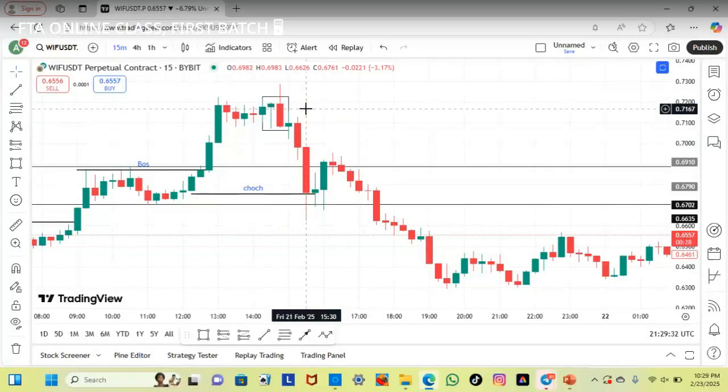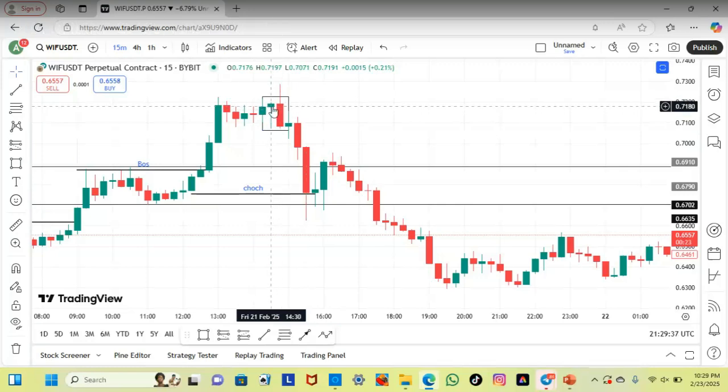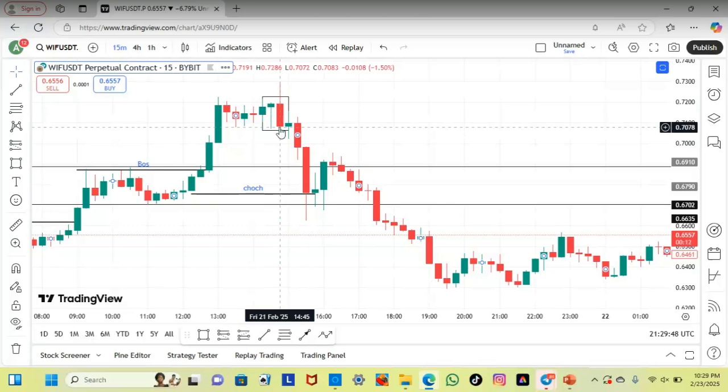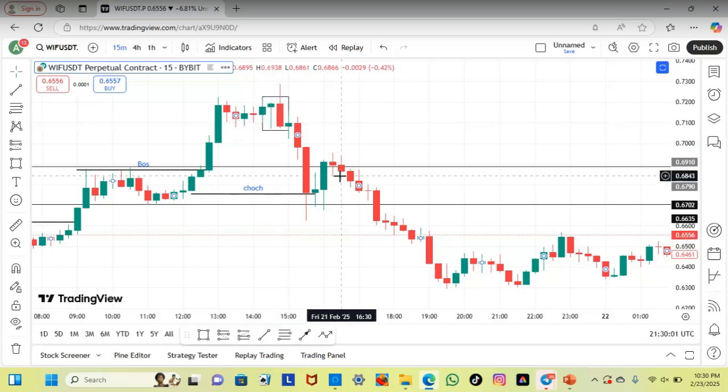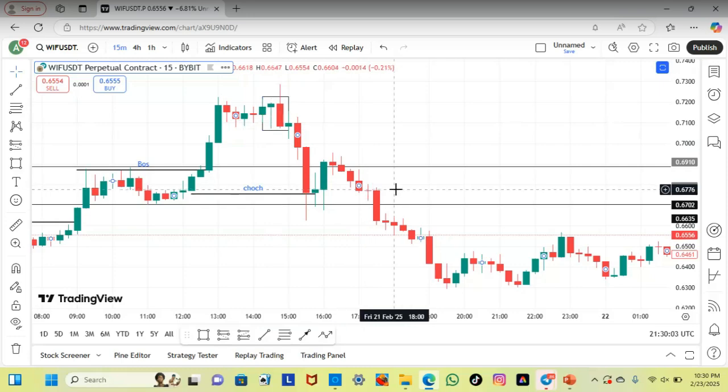You can see on the right angle that this is a what? A bearish candle. Then the bullish candle opened at the close of what? The bearish candle and closed below the bearish candle, indicating a what? A bearish engulfing candle. You can see that this bear candle is engulfing the bull candle. And after this pattern, you see that the market went on a what? On a serious downtrend.